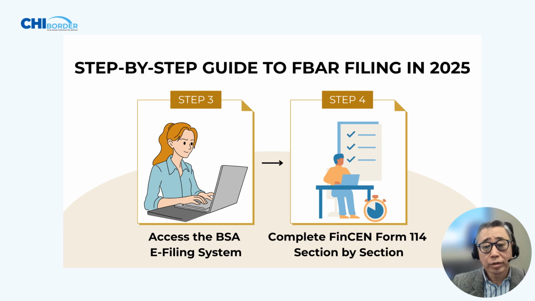Now, if you have more than 25 accounts, I think there is a section that you can add that information to your FinCEN filing. Or I think you may be able to provide summary information about those accounts. Okay, so once you do that,